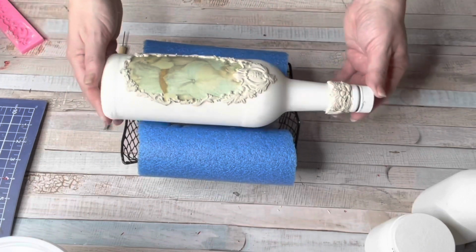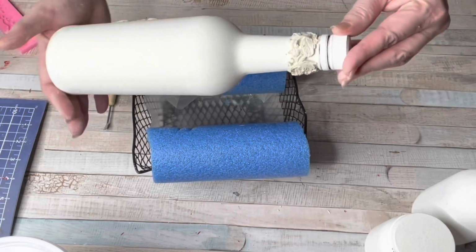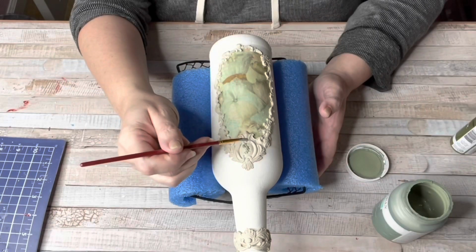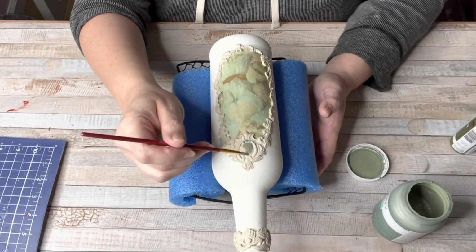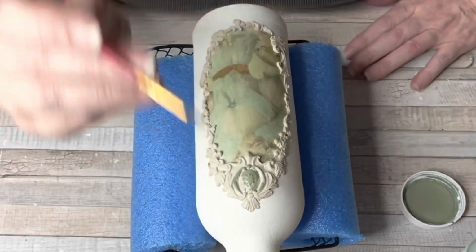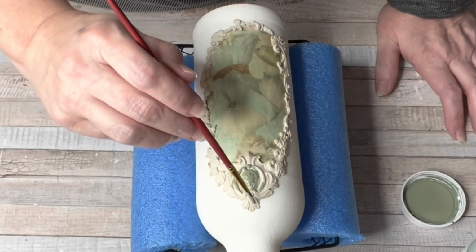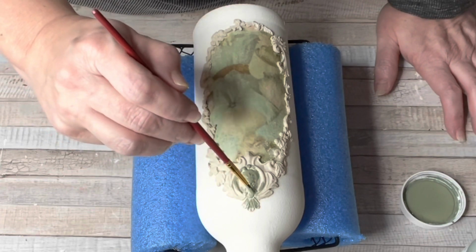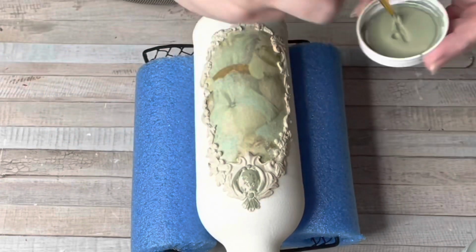I did set this aside and I let it dry overnight. Then I came in with some moss from Waverly chalk paint, and I painted on the clay all around with the moss. Now, of course, it's a personal preference what image you print out, what colors you use, but